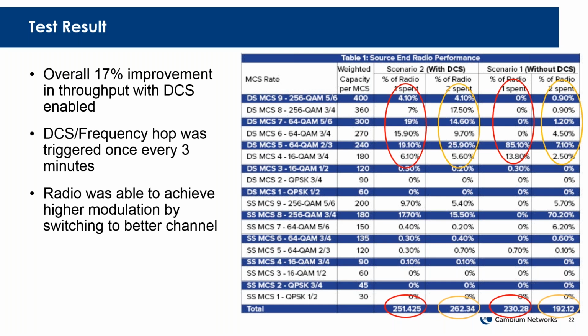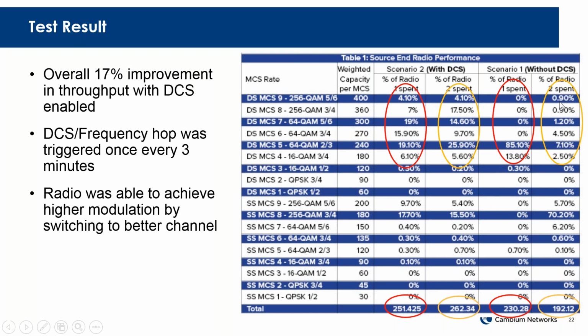So the weighted average that we get, which is on the bottom total: without DCS, run for 24 hours, on average you would have gotten a 230 score, and with DCS you would have gotten a 251 score. This is with respect to percentage, so it doesn't truly reflect how much data was sent, but this represents what percentage of the time you're getting a higher modulation rate. The same thing can be observed with radio 2 as well. Without DCS you have 192, and with DCS there was a really nice improvement to 262,